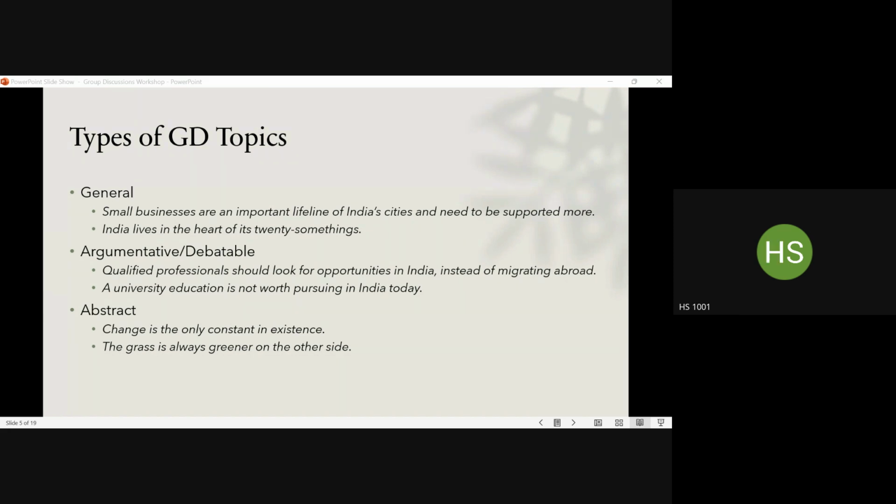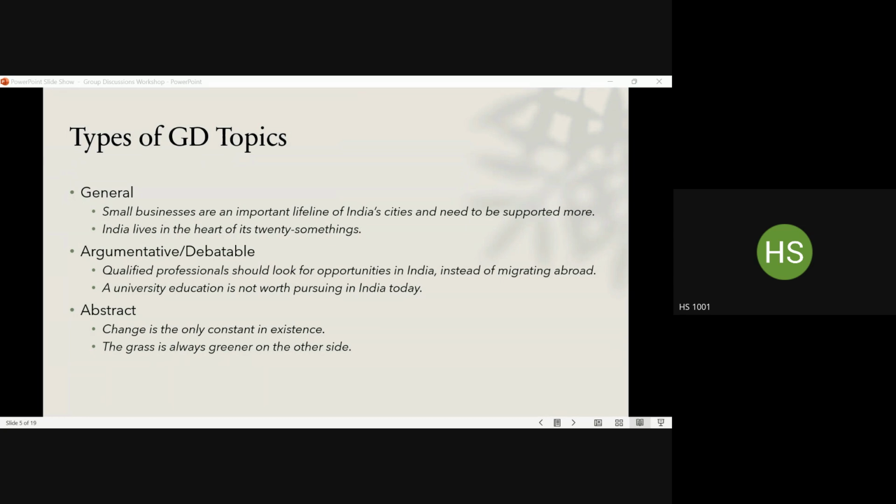What you need to be careful about when you get an abstract topic is not that. You need to be careful about how you are interpreting it. Let's say if I interpret change as a change in the kind of skills that I possess. I go from 23 to 30. There is a great deal of change in the kind of skills that I possess. I'm just giving you an example, okay? Change can be interpreted in several different ways. But the way in which I interpret it, I should be able to give sufficient examples, sufficient cases, sufficient arguments to substantiate my viewpoint.